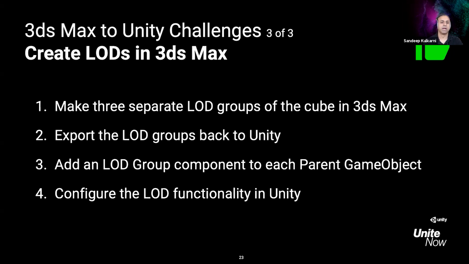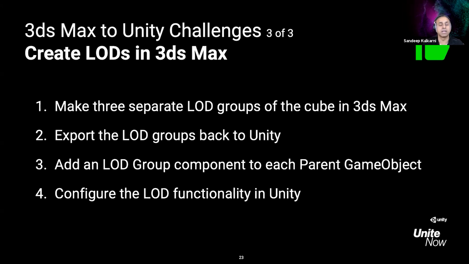With the export, remember, Stephen used the file export model only because we didn't have any animation. And you will also add an LOD group component to each parent object. Now remember, in Unity, if it doesn't show up, Stephen went into add component and dragged and dropped those different LODs over there. Yeah. And what I love about Unity is how it does it based on camera. It is simply amazing how it almost automates.